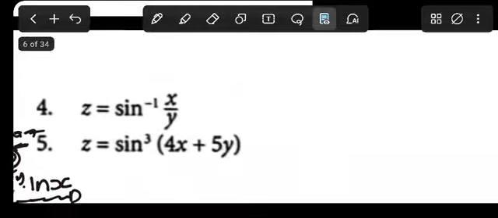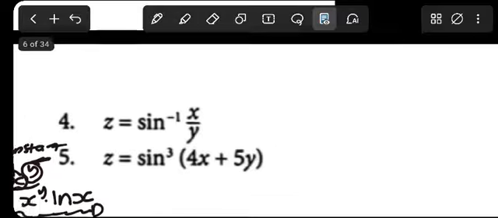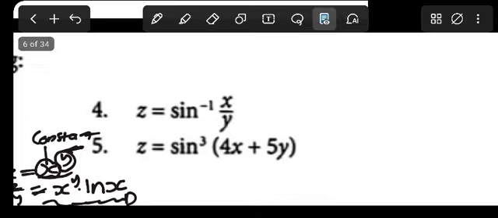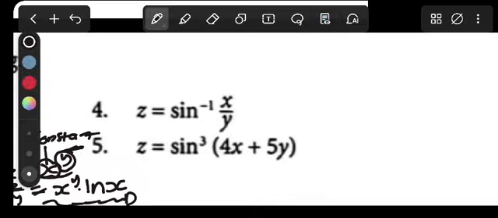So number 4 here, we have z is equal to sine inverse